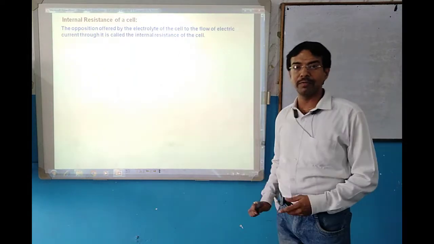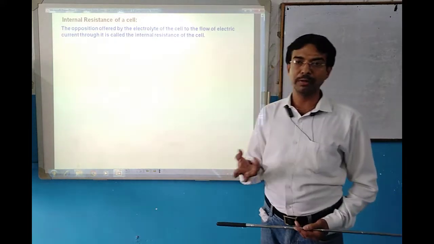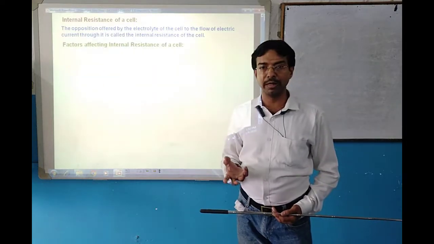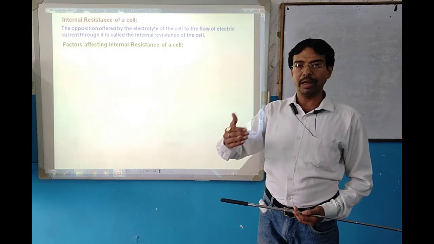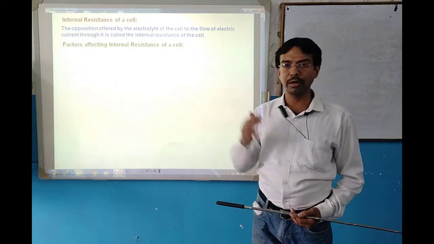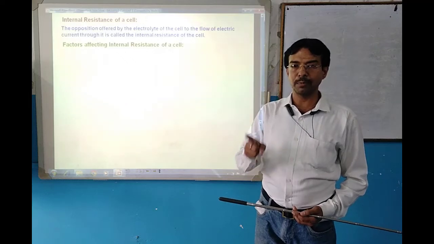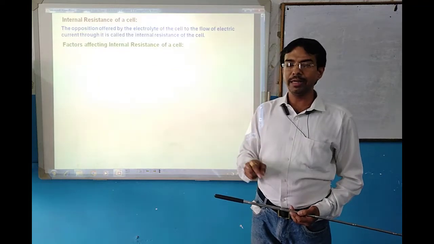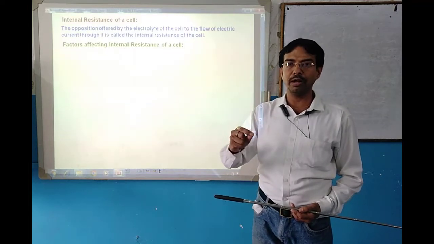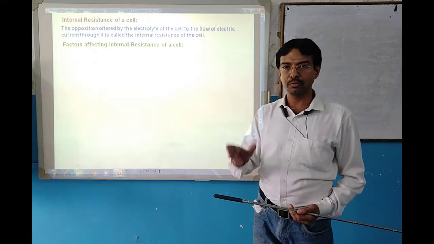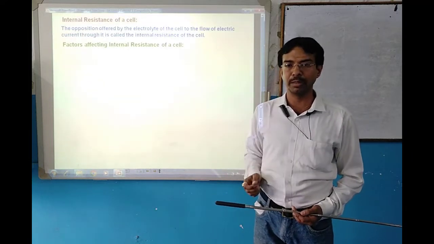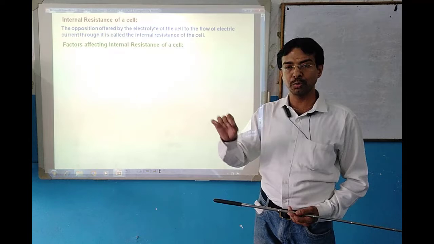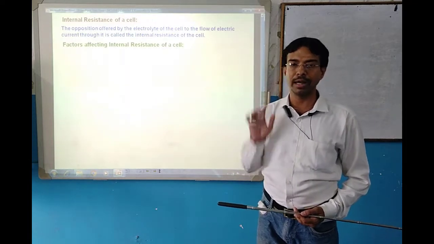You know very well, each and every cell, either it is dry or some liquid or fluid is inside of it, like the Daniell cell, Leclanché cell, dry cell, you know. There will be two different electrodes, positive and negative. When charge flows through the circuit and enters the electrodes of a particular cell, positive charge will move from the negative terminal of the cell to the positive terminal inside of the cell. During that situation, it will face a hindrance, an obstacle, to moving from the negative to the positive terminal. That hindrance is known as the internal resistance, which is denoted by small r. I will discuss it.